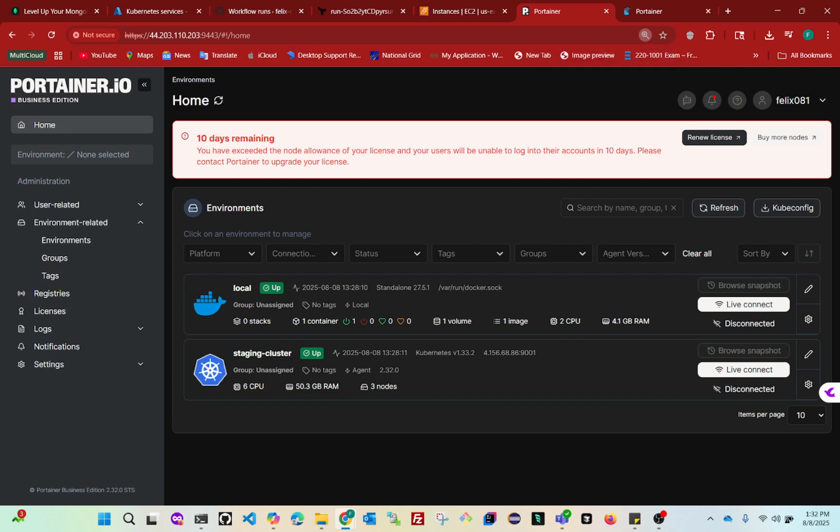So if you can see from here, I have two environments: the Portainer server environment, the local Portainer environment, and I have a Kubernetes environment which is running my Kubernetes environment. So in order to